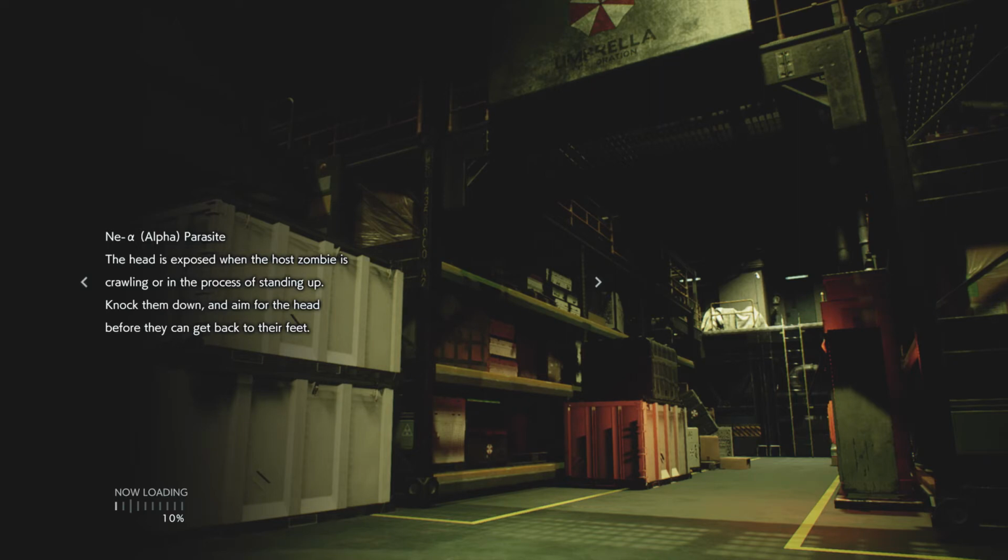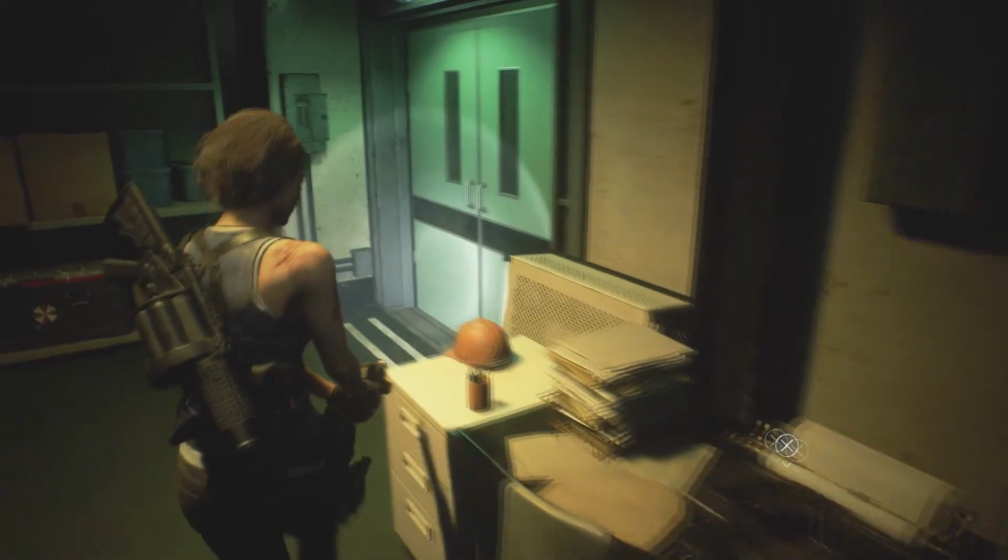The head is exposed when the host zombie is crawling or in the process of standing up. Knock them down and aim for the head before they can get back on their feet. Oh, thank you for this. This is the way that this game kind of sets itself up, is it gives you these hints after...